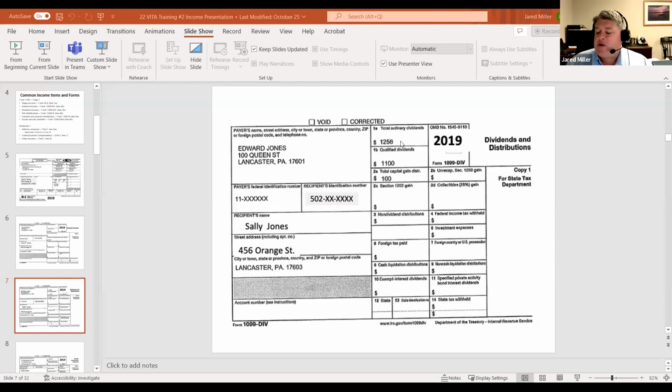That's the amount of gross dividends that the taxpayer has received. There's another box that's going to be important called qualified dividends. That's box 1B. The qualified dividends are actually a tremendous benefit for the taxpayer. If they've held on to the security long enough, the dividends are going to be considered qualified. And if the qualified dividends are received, that could mean that we have a much lower tax rate than the traditional or the graduated tax rates.